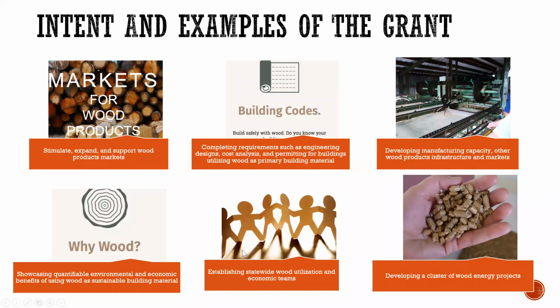I think I talked earlier about establishing statewide wood utilization and economic teams. We have 4 of those that are active in the South. And then wood energy. We don't see a lot of those in the South, primarily because natural gas is so inexpensive. But I do think there are opportunities for wood energy projects. And as I stated earlier, in other regions, we are seeing those,